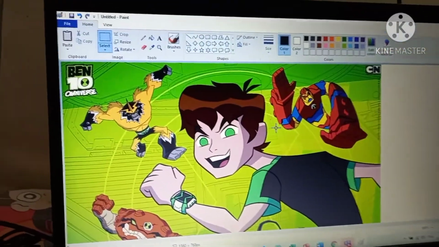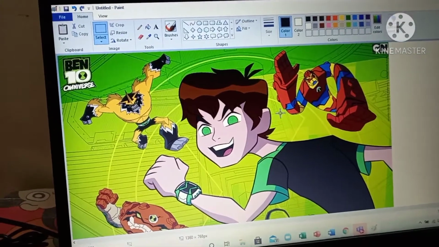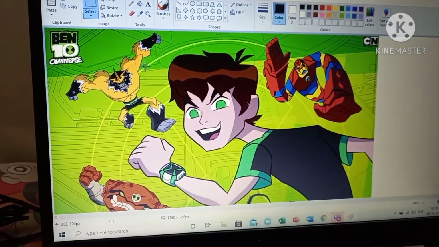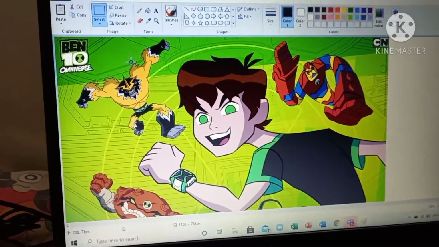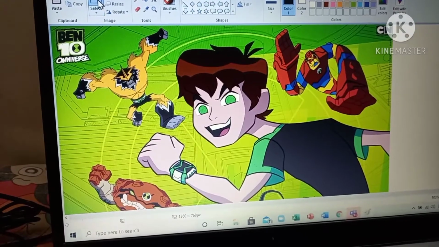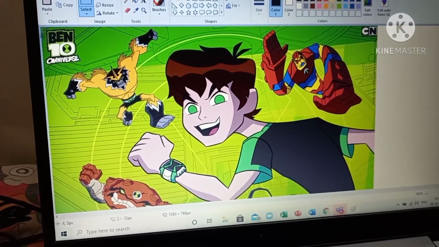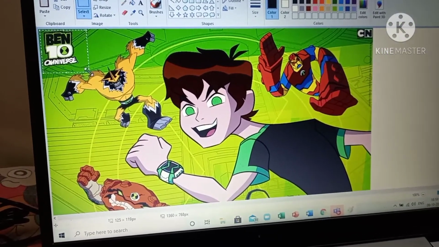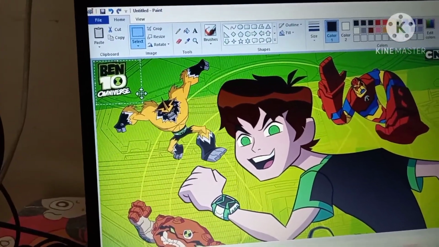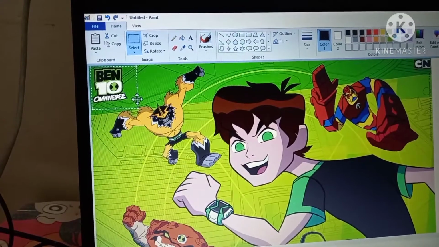Okay children, now we will see how to crop an image. Crop means cutting out the image. Now I have already inserted the image. What you have to do is go and select. Suppose this much part in the omnivorous I want to cut. I clicked on and selected the image.